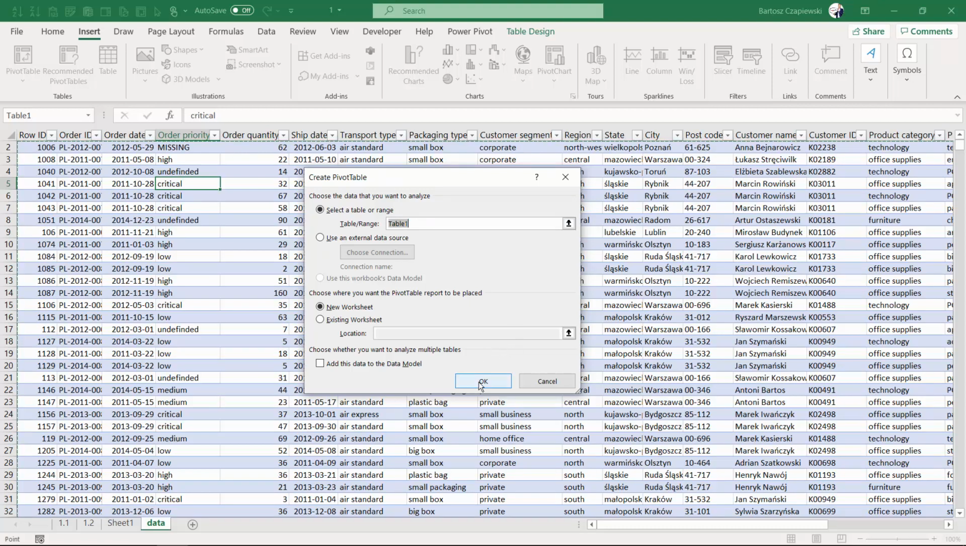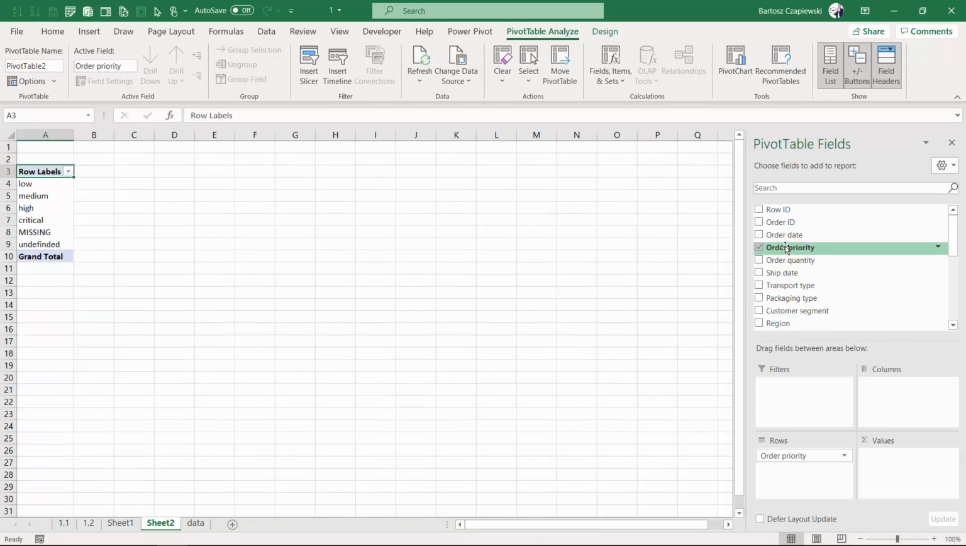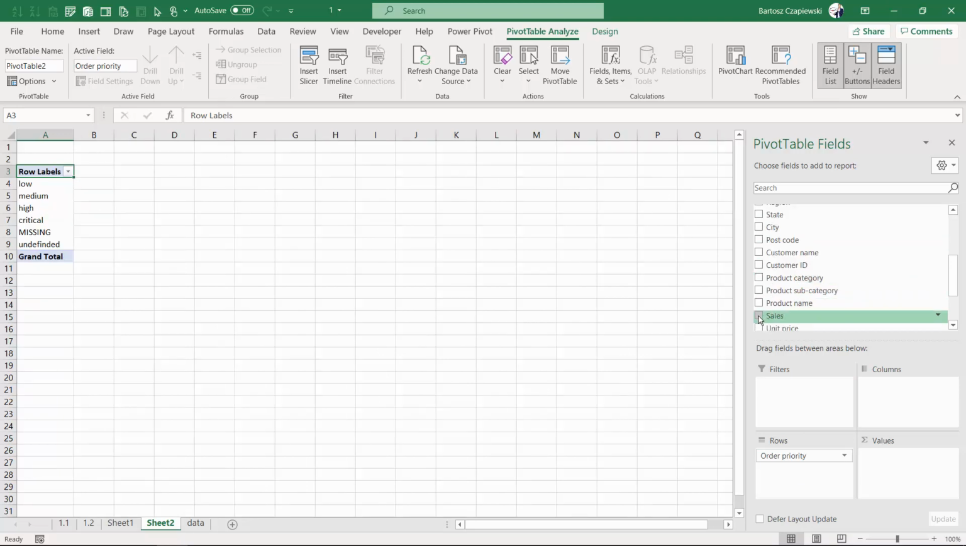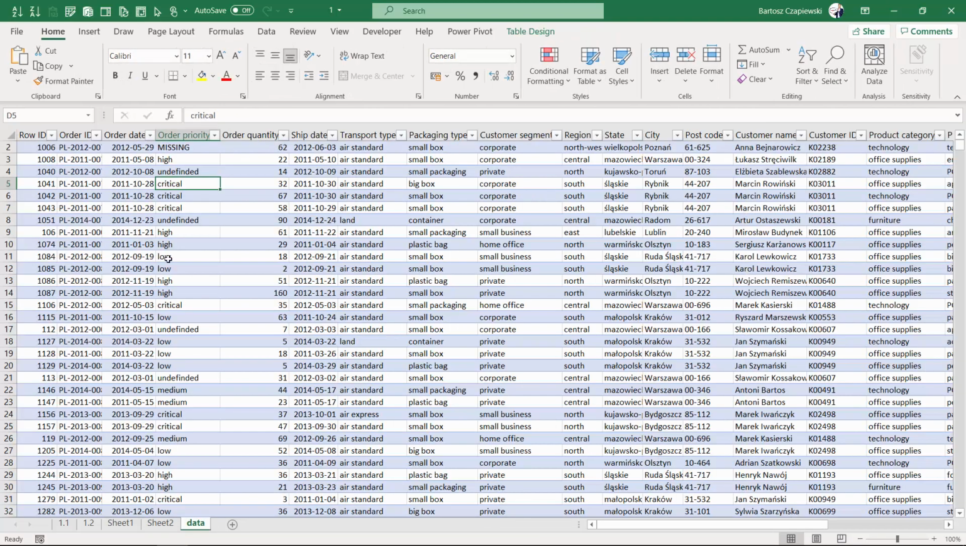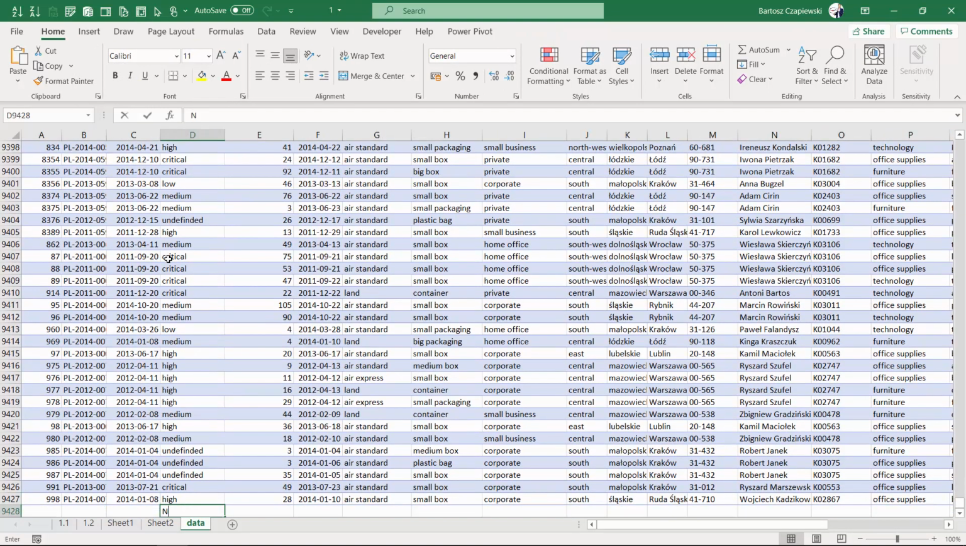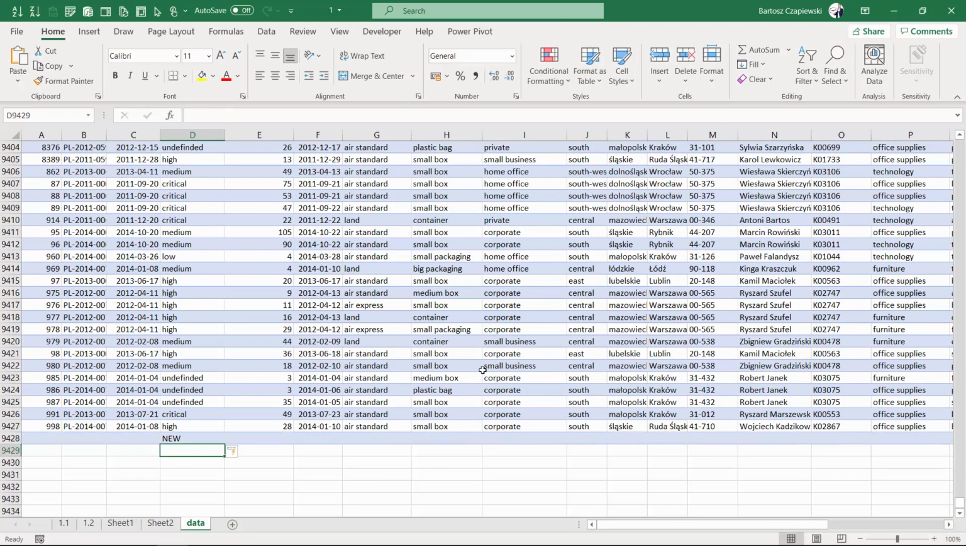So first, let's create a table. Then let's create some kind of analysis like the order priority and sales. And right now I'm going to add a new row on the bottom of my table. It's called right now new. You can see it's below my table, but whenever I hit enter, you can see that the self-expanding of the